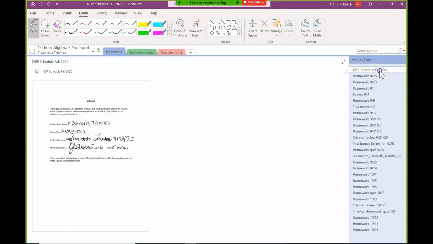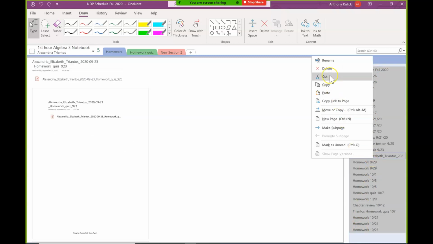So what I'd want you to do is, if you go to the pages here on the side and you hold down the control button or the shift button, you can take the whole thing that's been graded. See how they're all highlighted? I just held down the shift button and clicked the first one and then the last one. Then if you right click here and hit cut, you're going to cut all those pages, and then just move to the different section, right click in the pages and select paste,